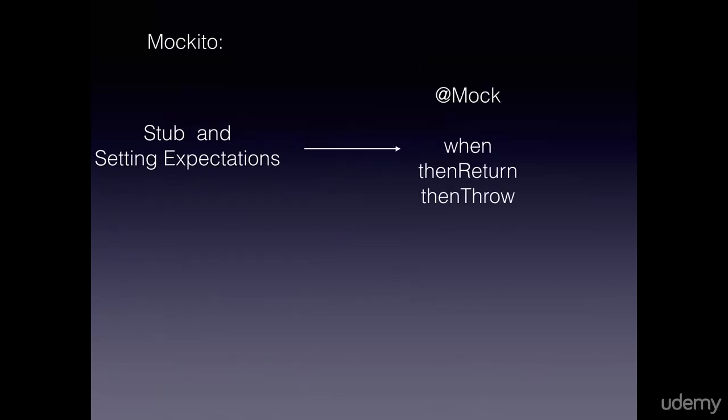Mockito is one popular mocking framework that provides us all these three. To stub and set expectations, we can either use annotations or there are static methods which we can use, like mock, which will stub out the dependent objects for us. And then we can use the when method, thenReturn, thenThrow, and there are a lot of other methods which we can use to set the expectations or to stub out all the methods on the dependent classes. Finally, we can verify if the mocked out methods are being called by using verify, matchers, and so on.